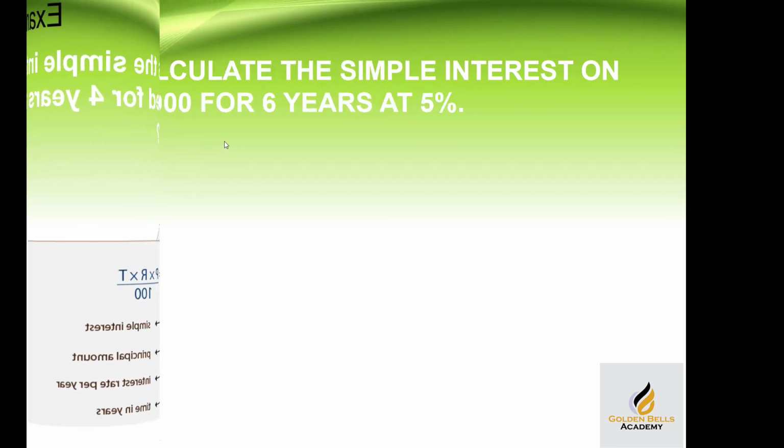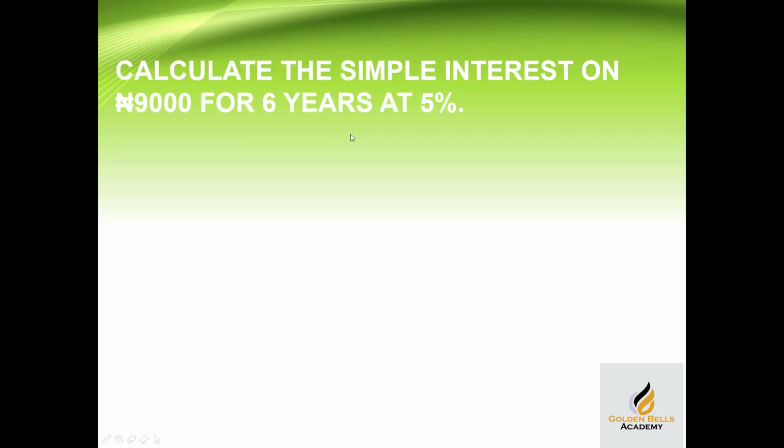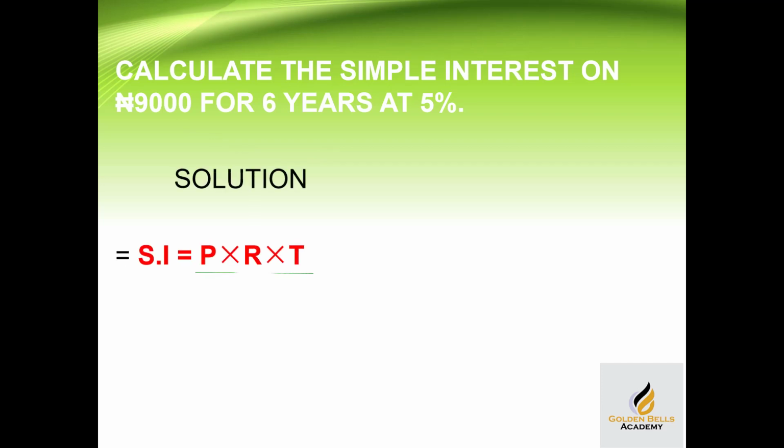Calculate the simple interest on 9,000 naira for 6 years at 5%. Solution. Don't forget your formula. It says simple interest equals principal times rate times time divided by 100, or principal times time times rate divided by 100. So the principal is 9,000 times time, which is 6 years, times the rate, which is 5%, divided by 100. And at the end of the day, you have